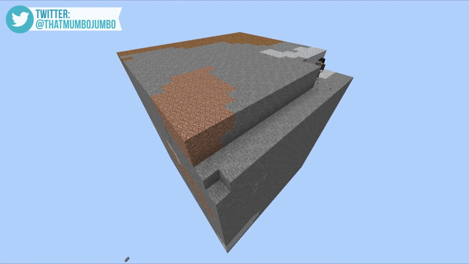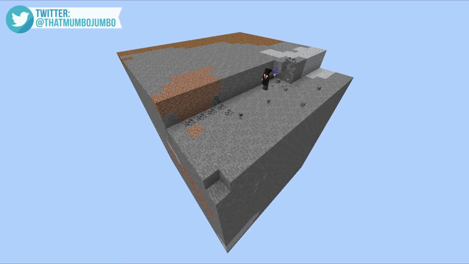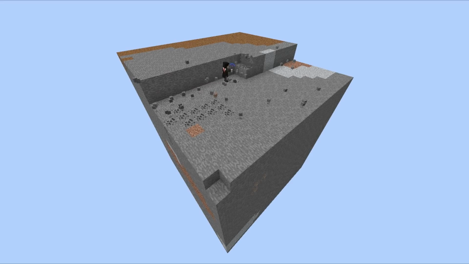Now in my head I would have thought the efficiency 5 pickaxe would be nice and quick. I mean, I remember the days when Minecraft existed without enchantments, and they were really quite slow, and then efficiency 4 came along, that was all pretty good. Then we got efficiency 5 and that seemed to be even faster, but of course this is essentially our control